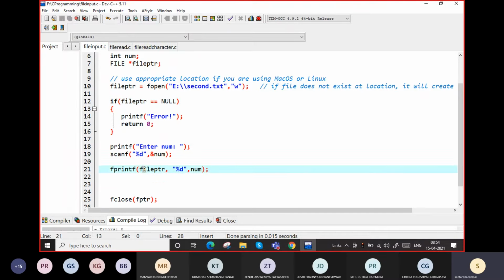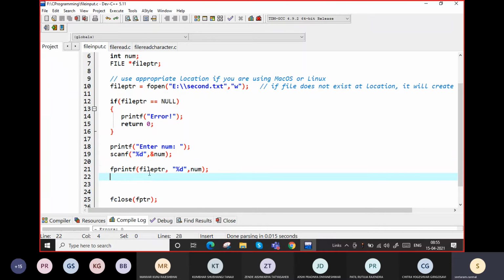File pointer, comma, and then this function is similar to the printf function. %d num prints, right? If this is printf %d num, it is similar to printing on the command prompt.